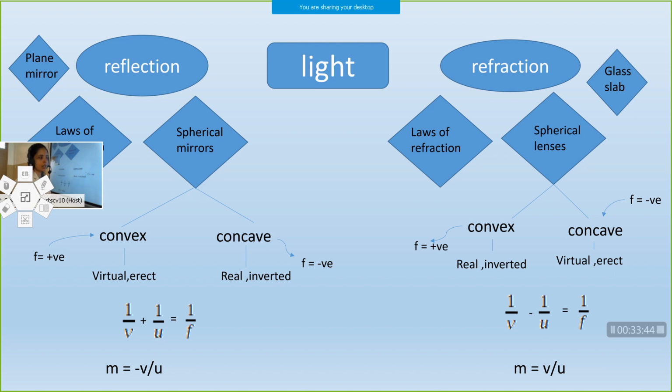And in the case of lens, we have learned one more equation, that is equation for power. What is the equation for power? Power is equal to 1 by f, reciprocal of focal length. Okay. And the general equation for magnification, in both cases, mirror and lens, is the same. What is the general definition for magnification? It is the ratio of height of the image to height of the object, or the ratio of size of the image to the size of the object. So m is equal to h dash by h. It is common for lens and mirror.